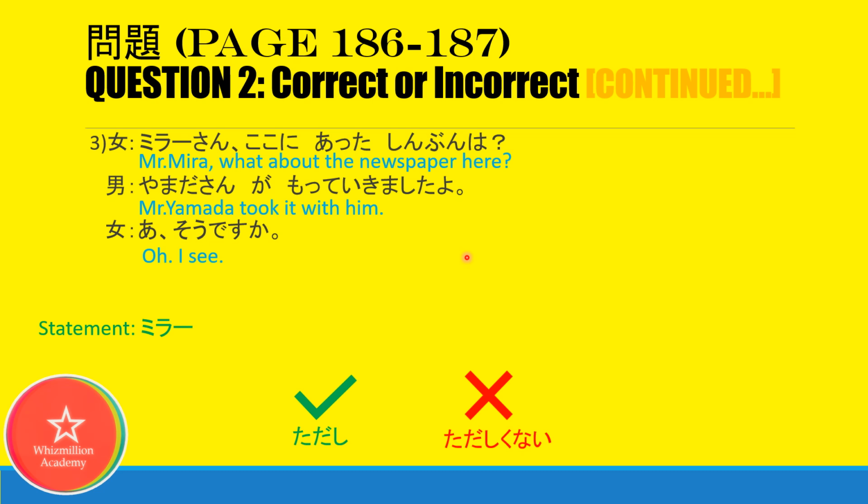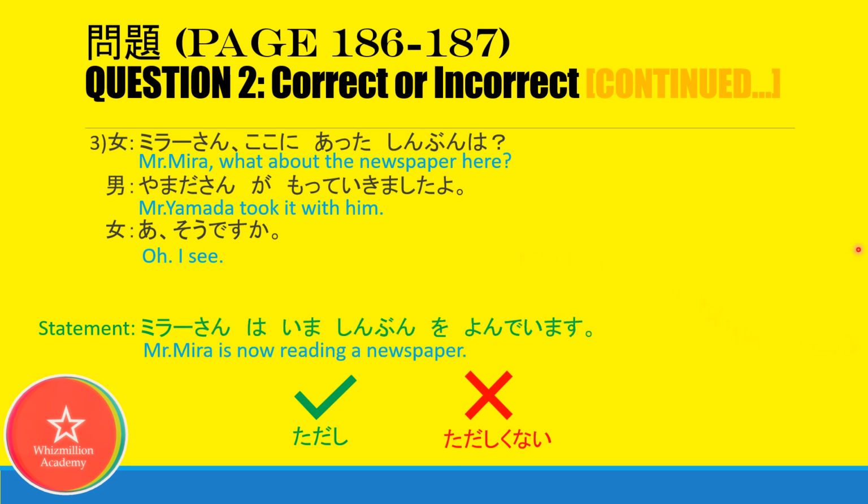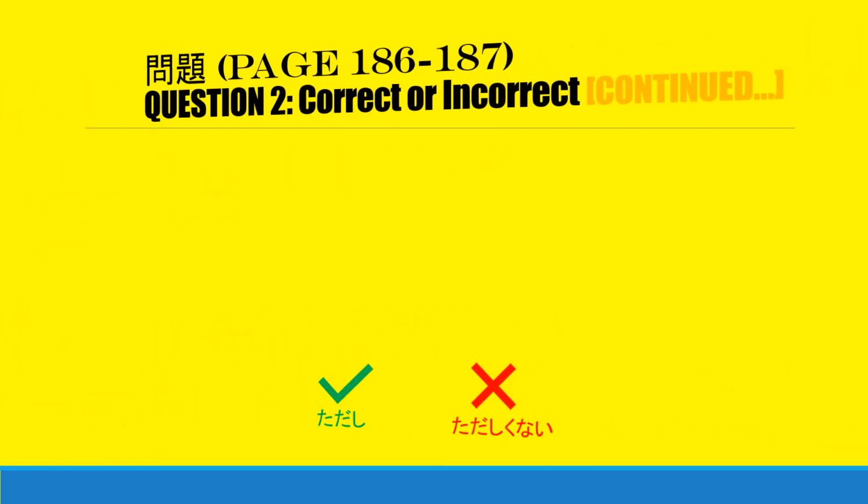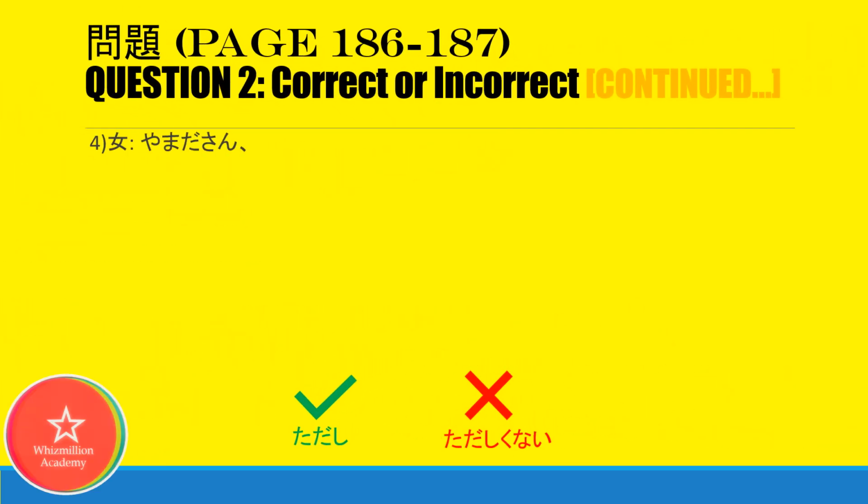Statement. ミラさんは今新聞を読んでいます。Mr. Mira is now reading a newspaper. The statement is tadashi or tadashikunai? Tadashikunai, right? Because the newspaper is already taken away by Mr. Yamada. So 山田さんが持っていきました。